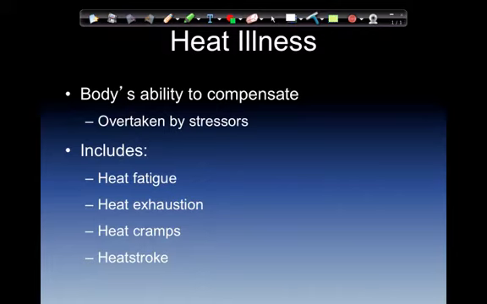Heat illness, the body's ability to compensate is overtaken by stressors, and this could be external heat stressors, high temperature, high humidity, internal heat production, decreased capacity to get rid of the heat, essentially. Includes heat fatigue, heat exhaustion, heat cramps, and heat stroke. Now, the differences between them: heat fatigue, decline in coordination and difficulty with task performance; heat exhaustion, generalized weakness, poor muscle coordination, and alterations in mental status; heat cramps, muscle spasms due to the loss of water or sodium;